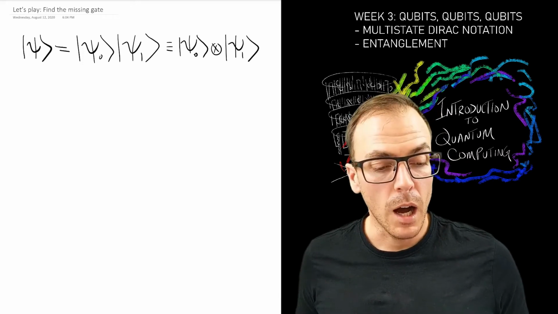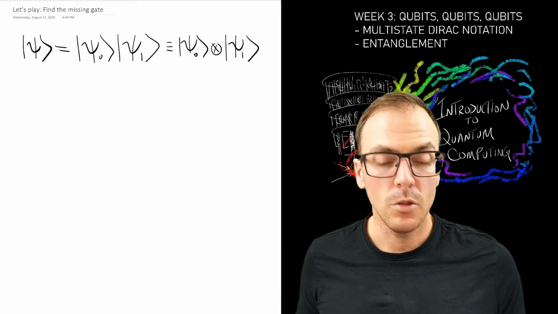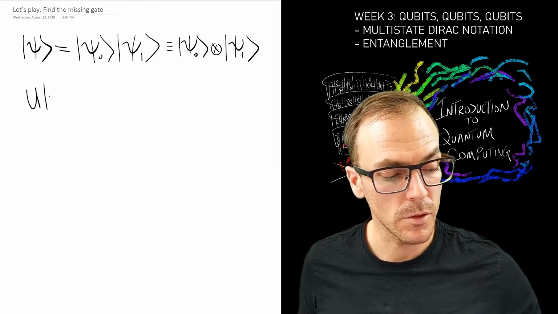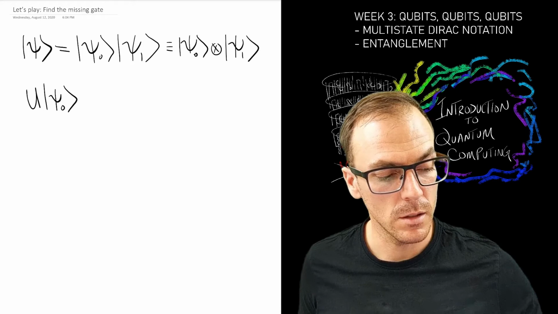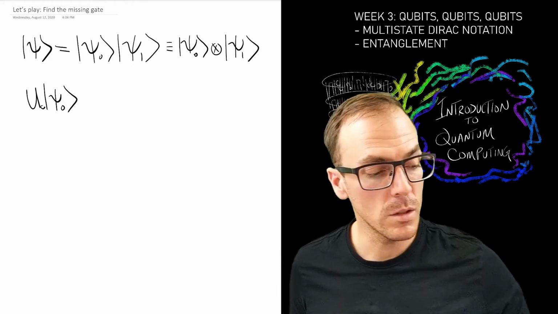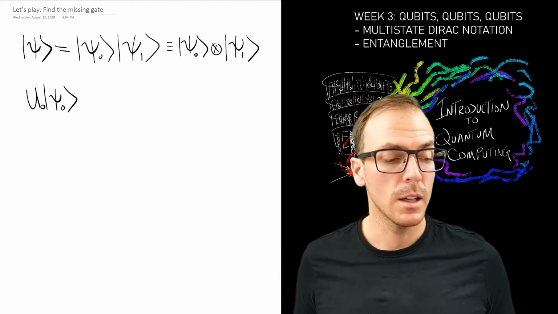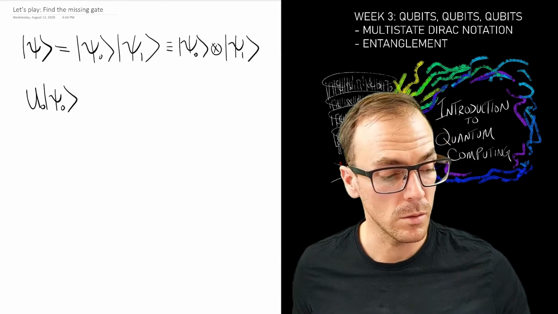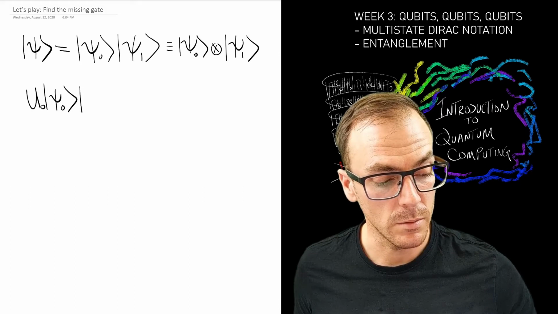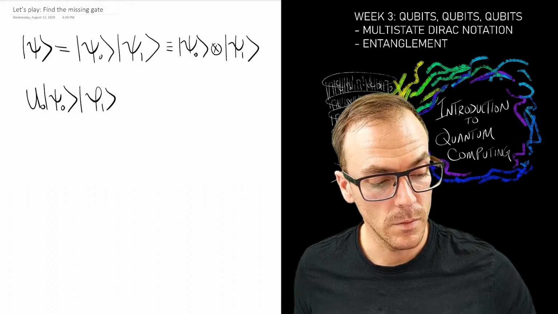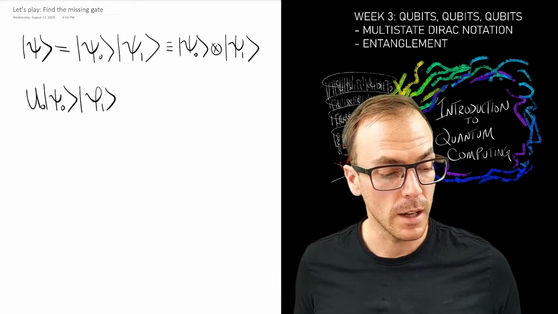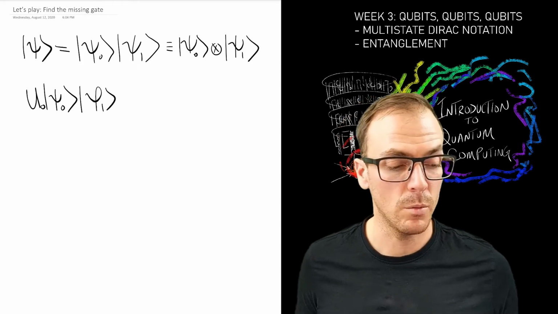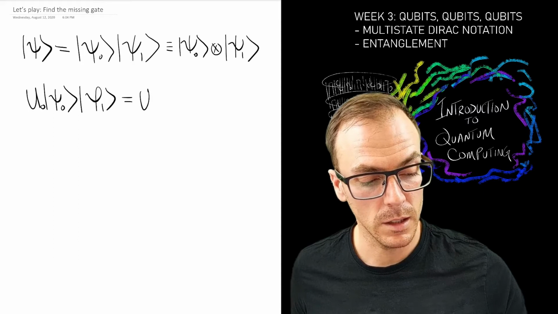What if I apply a unitary to the first qubit? Say I did that beforehand. So the first qubit has had a unitary, say U0, applied to it, and now I want to know the state of the two qubits separately. So I might say something like that. So I have U0 acting on side 0, nothing happening on side 1, and that looks like